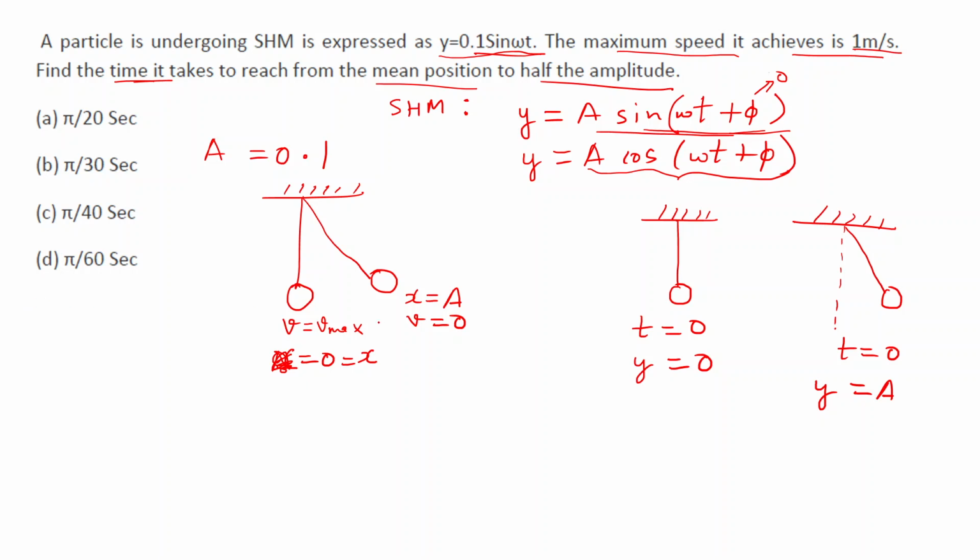So V will be V maximum. We are given it is 1 meter per second, and we know it will be maximum when the displacement is 0. So when you put this in this equation, when the displacement,